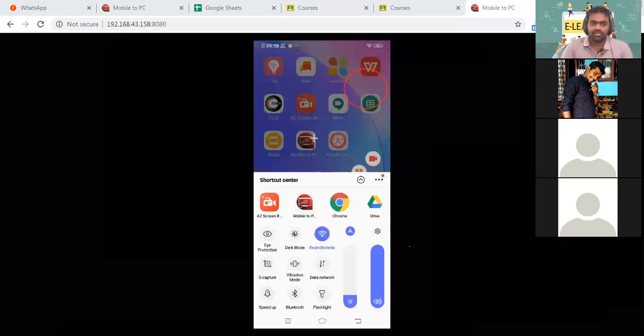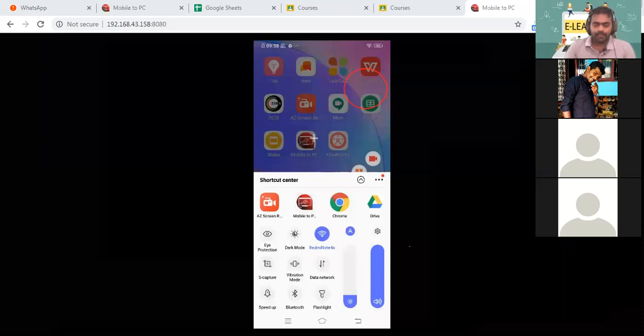Yes, Sujani? So when we are doing screen recording, we are not able to record our voice. How do we do that? And I'm using an iPhone. Ma'am, please go to the settings of that application. You will have to enable the microphone. There will be something to enable your microphone. I have enabled it, sir.